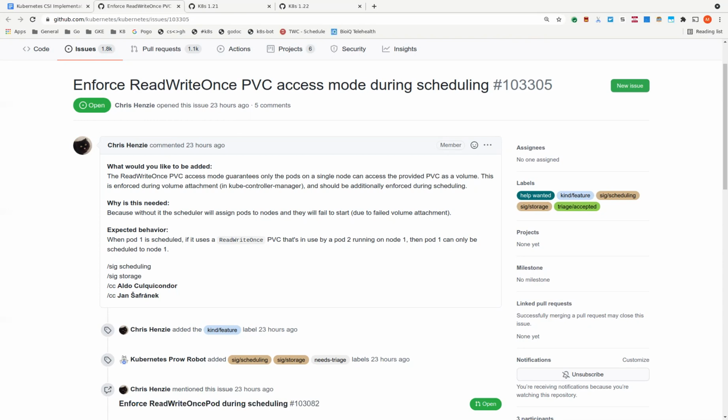Okay, so maybe a good idea: you add a command line flag to the scheduler, whether or not to use the new behavior, and default to the old behavior so you don't break anybody. No, that's what our alpha feature gates are for. Well, then it seems better just not to do anything in the scheduler and let people who want to rely on the bad behavior continue to rely on it.